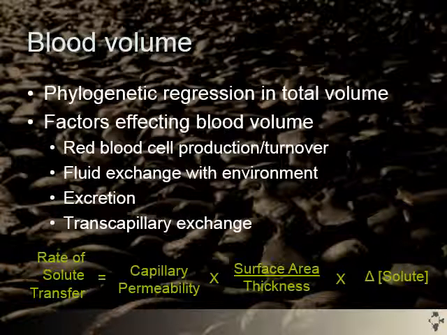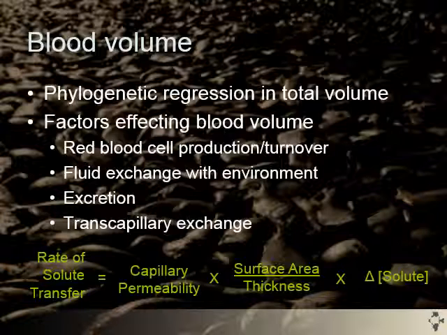In other words, the more efficient you are as a fish in terms of acquiring oxygen, releasing CO2, exchanging materials at the gut and at the liver, and exchanging at the cells, delivering nutrients, picking up waste, the more efficient each of those mechanisms is, the less blood volume you need to accomplish those things. Okay? And again, remember that transcapillary exchange, or the rate of solute transfer, so you could think of this as the rate of oxygen delivery or the rate of CO2 pickup by the blood, is going to be a function